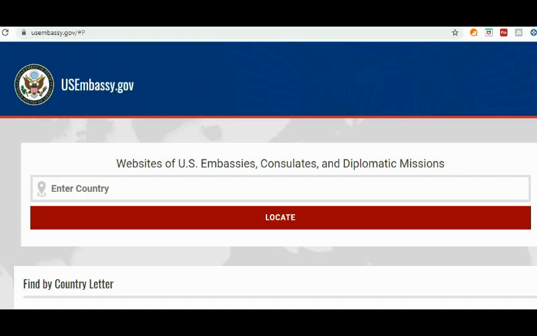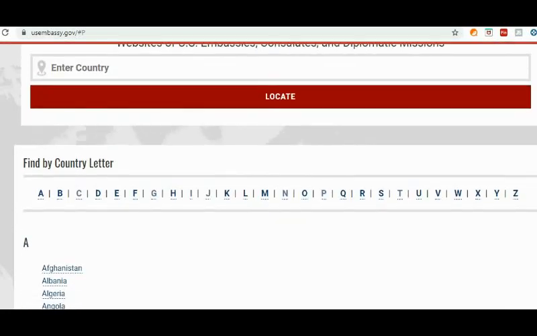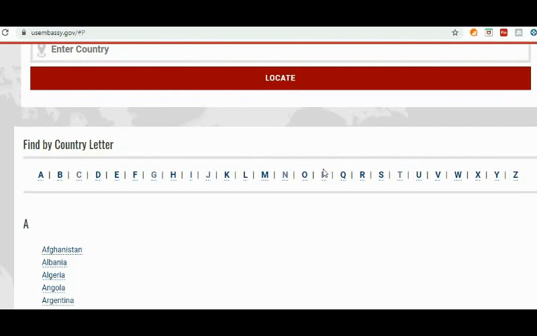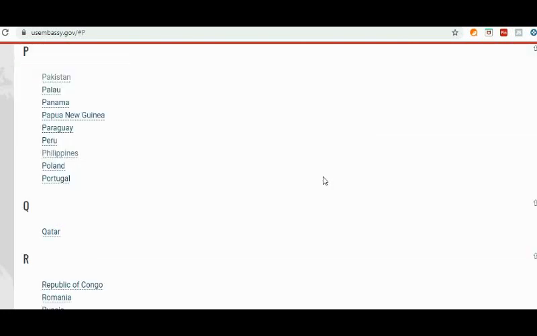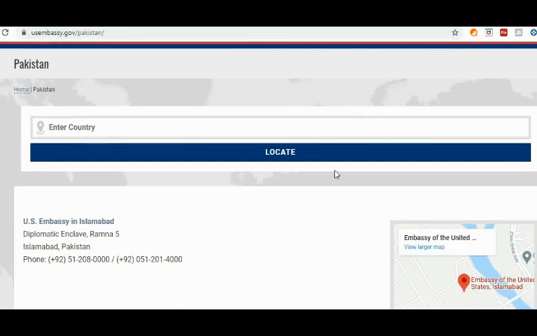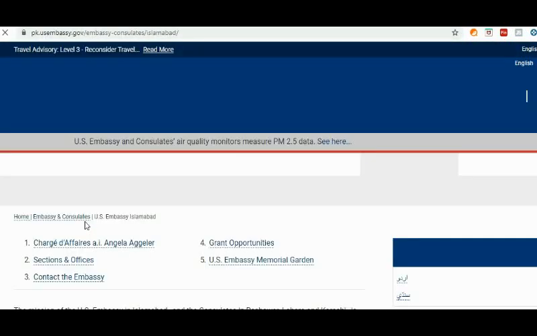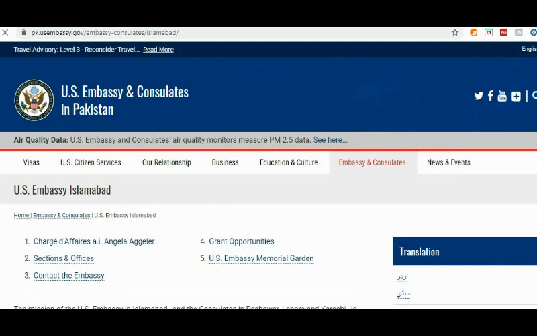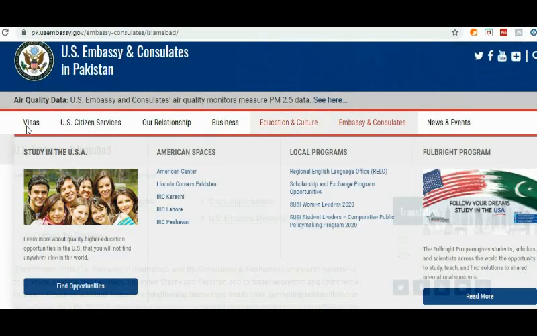Okay, so today I'm gonna choose one country people ask me updates about, which starts with P. So obviously it's Pakistan. I'm getting a lot of messages from you guys regarding Islamabad, so let's check and see what's going on. You come over here, you click on U.S. Embassy in Islamabad. That will take you to this page. From here you click on visas,